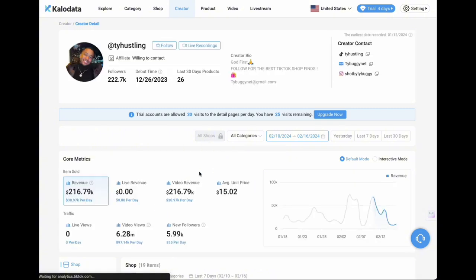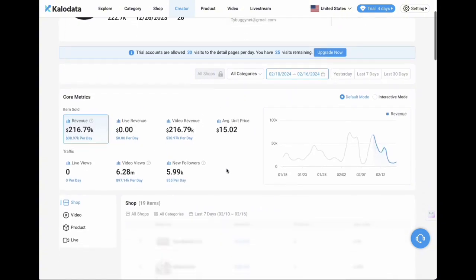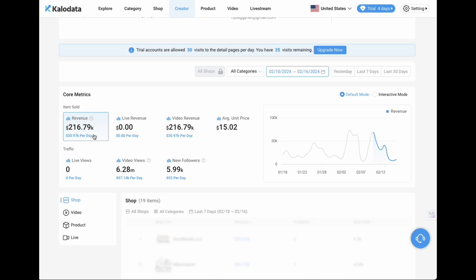this loads up their profile on Kalodata, and you've got here the total revenue that they've made in the last 7 days, which is just ridiculous. 216k, as you can see. So they're averaging around 30k per day overall revenue. So if you think maybe around 10% of that will be what they take home just by posting videos on